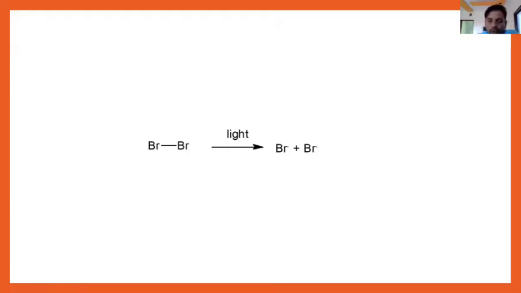So what you have to remember, homolytic bond cleavage is a symmetrical cleavage in which both the electrons are shared between the atoms. Meaning if there are two electrons, one electron is given to one atom, one electron is given to another atom. So there is symmetrical division of electrons, and it gives formation of radicals.